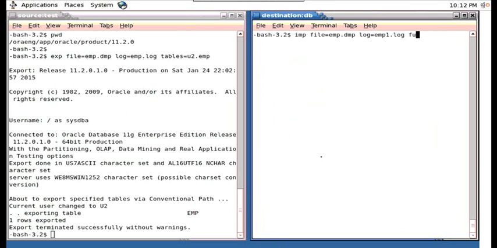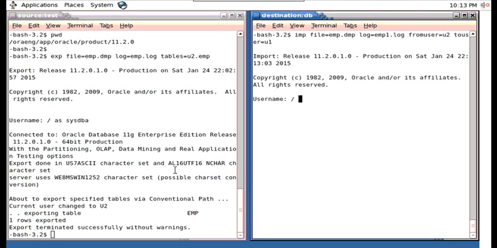Here we should not give full equals to y. Full equals to y means we are exporting from U2 user of source database and importing into U2 user of destination database. Now I will give here from user equals to U2, to user equals to U1. What is the meaning of this? From U2 user of source database we have exported the table and we are importing into U1 user of destination database. Give the name slash as